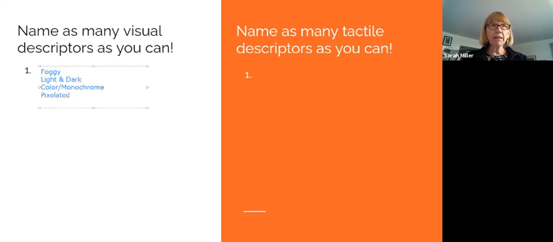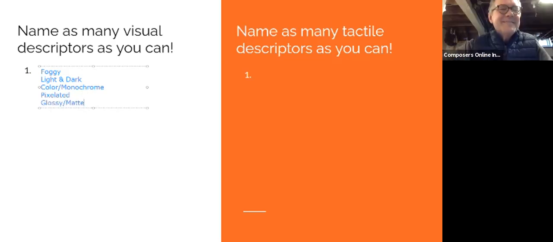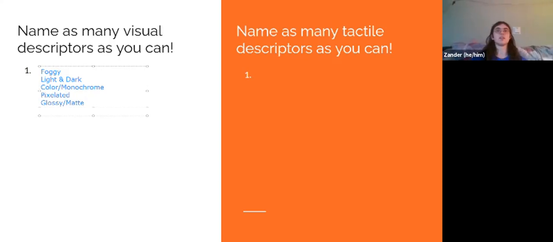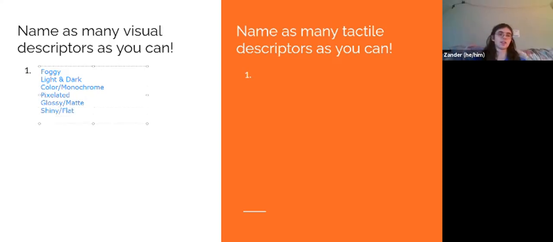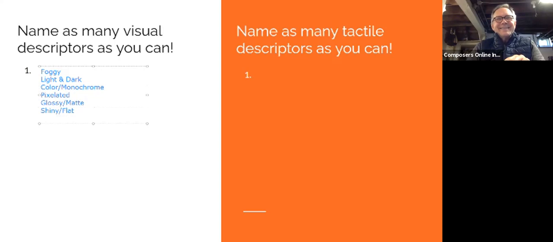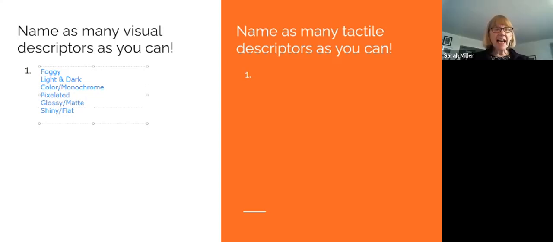Rough. Glossy and matte. Glossy meaning shiny, matte meaning not shiny. Flat. Shiny is another good word. Glossy and matte and shiny and flat are kind of synonyms, and also they rhyme. Terrific, Xander. Anybody else? Thin and dense.